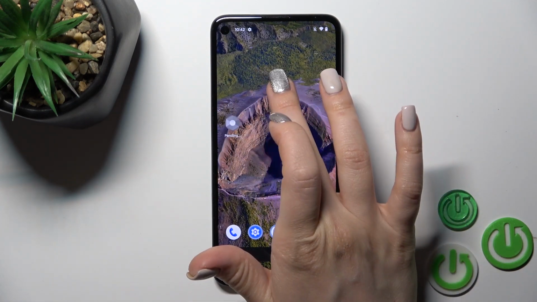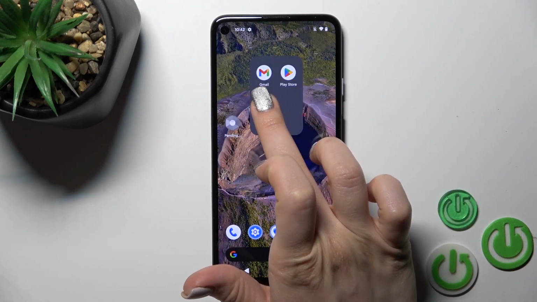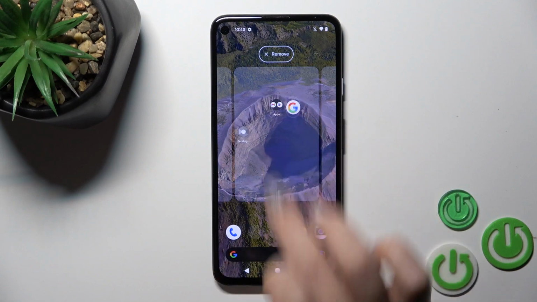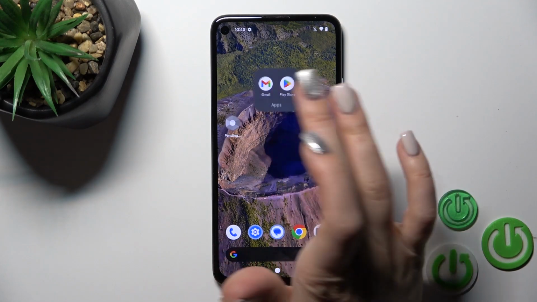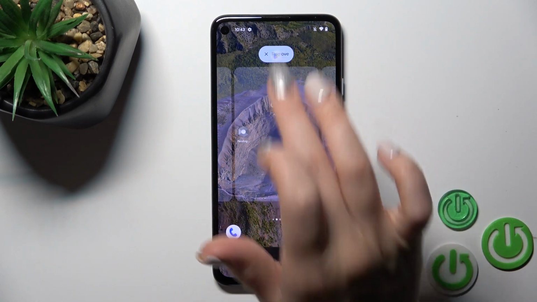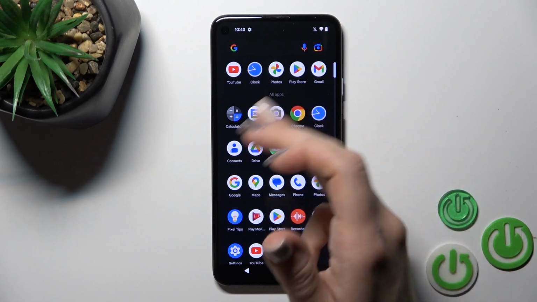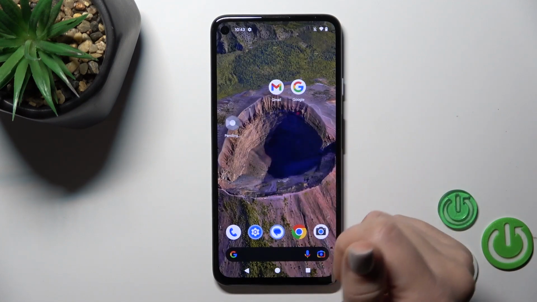Okay, as you can see, that's done. If you wanna remove the application from the folder to the home screen, you should just hold it and drag it to the home screen. But if you wanna remove it from the folder and from the home screen, you should just hold it and drag it to remove icon. But don't worry, you will remove only the item and you will stay with this application here in the apps